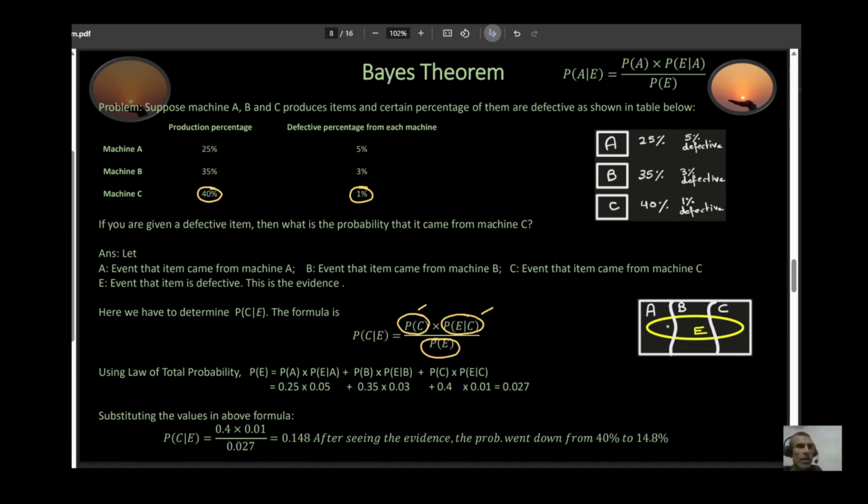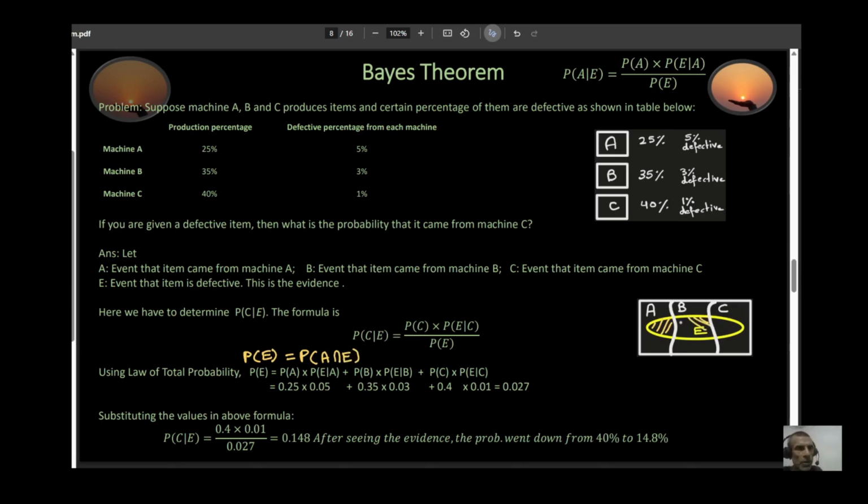I know that an item that is defective can come from A, which would be this part right here. It can come from B, which is this part right here, or it can come from C, which is this part right here. These are my overlapping regions. So the probability that your item is defective is equal to the probability of this region right here, which is the probability of A and E. In other words, the probability that the item was produced by machine A and it was defective,